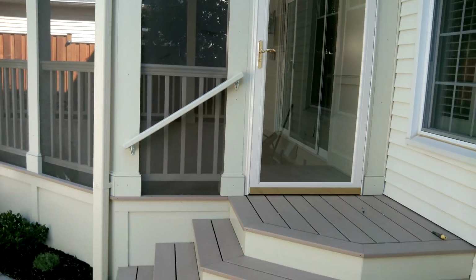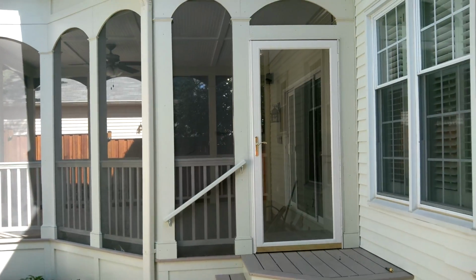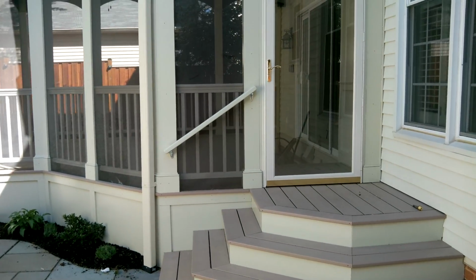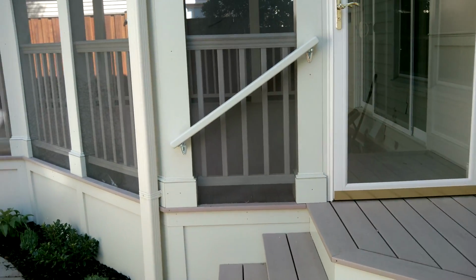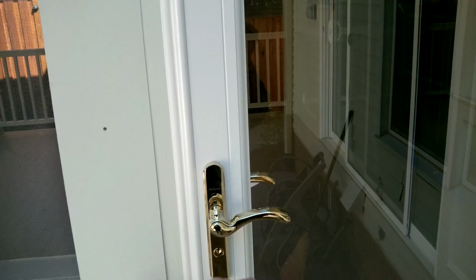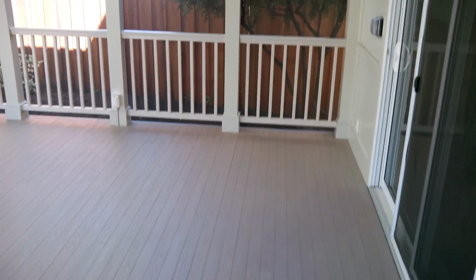Have an Anderson storm door in almond color along with a graspable handrail to get in and out. Coming into the porch, you now see the nice tongue and groove PVC flooring, which gives a really nice finished solid appearance,